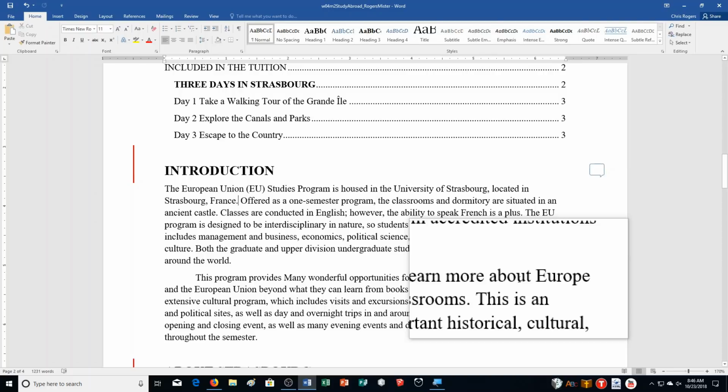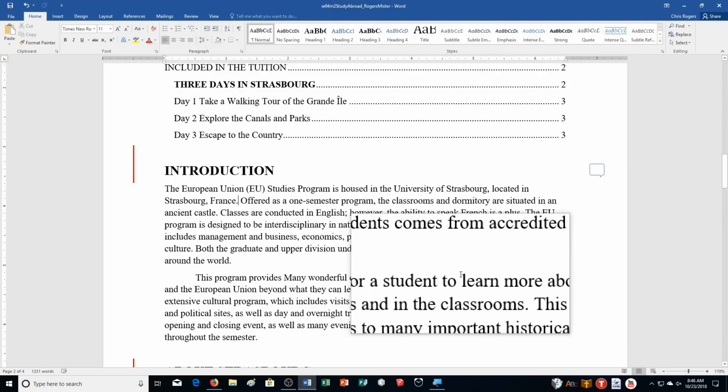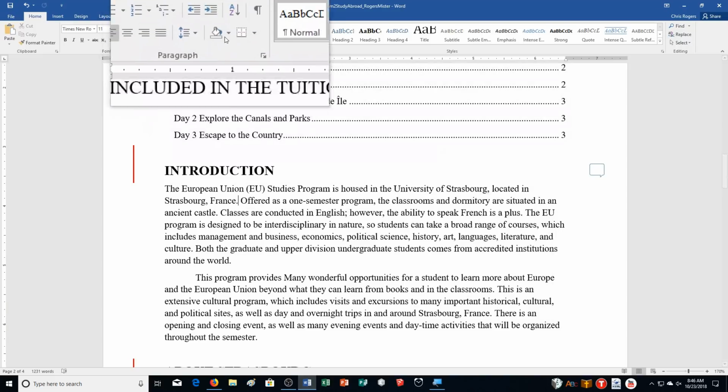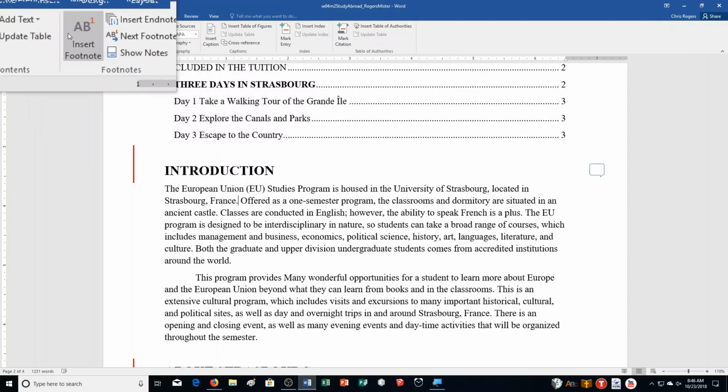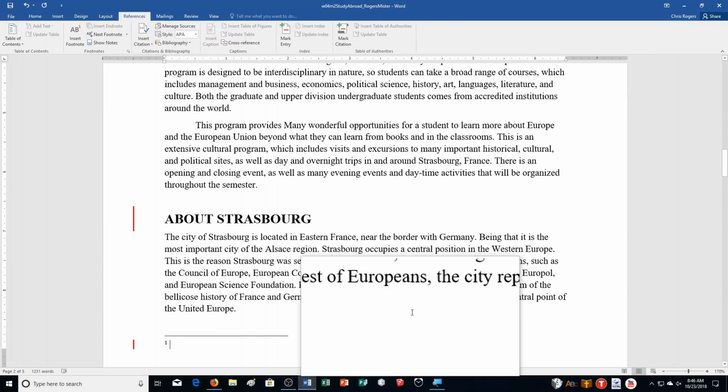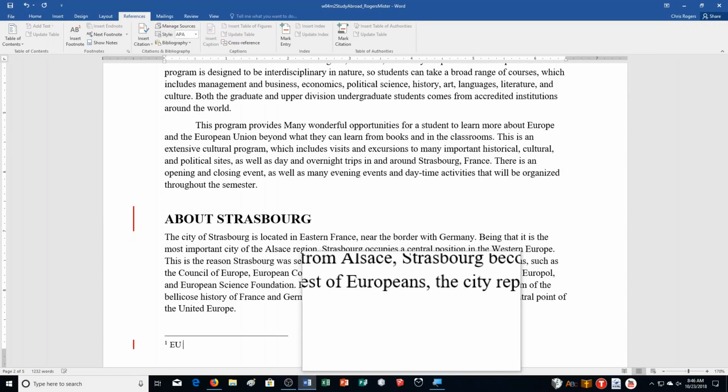And then it's after the period, which ends with Strasbourg, France. Type the following for the footnote. So I'm going to click on the References tab. I'm going to click Insert Footnote, and then I'm going to type in the following. So EU Studies Program in Strasbourg,